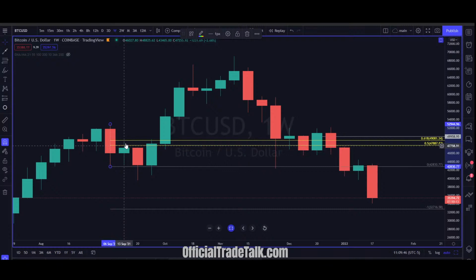If you look here on this bullish green candle, you traded up just above the 50% retracement, which is not an actual Fibonacci number, okay? It's just the midpoint of the candle. That's why I put it on there. The rest of them are Fib numbers. This one is not, but the reason it's important is because it's a midpoint.